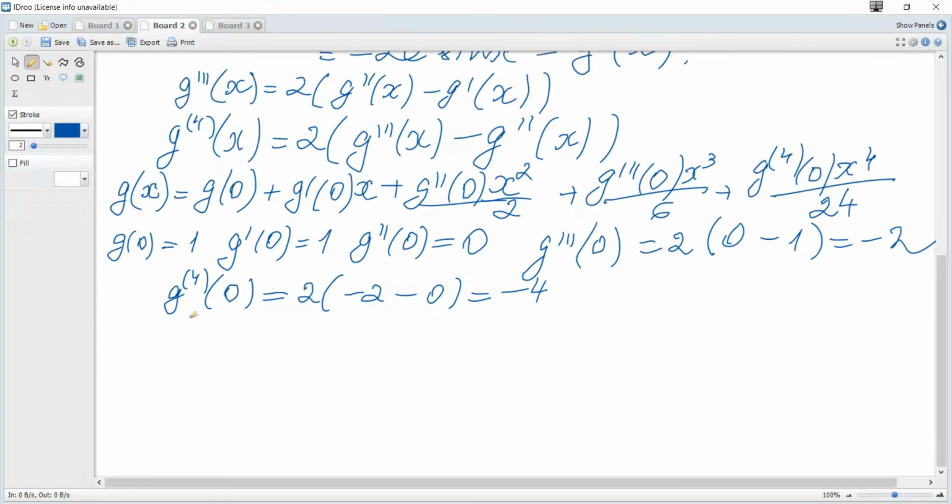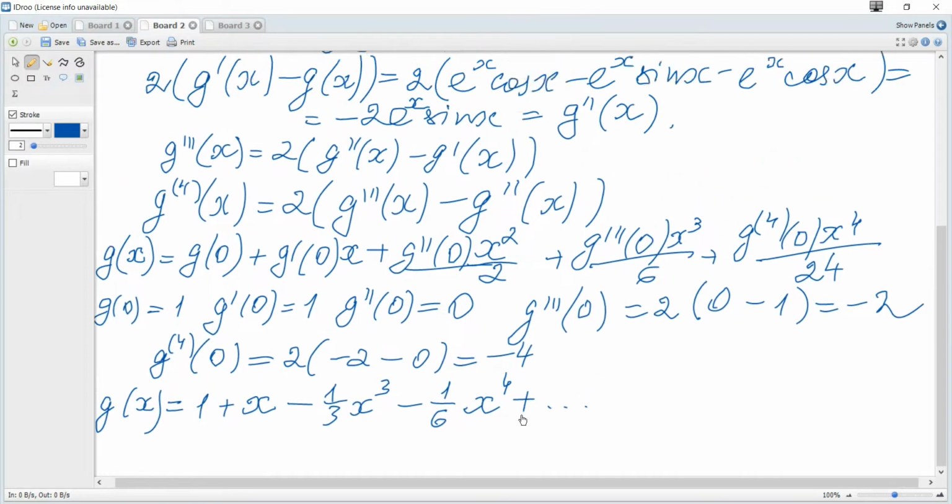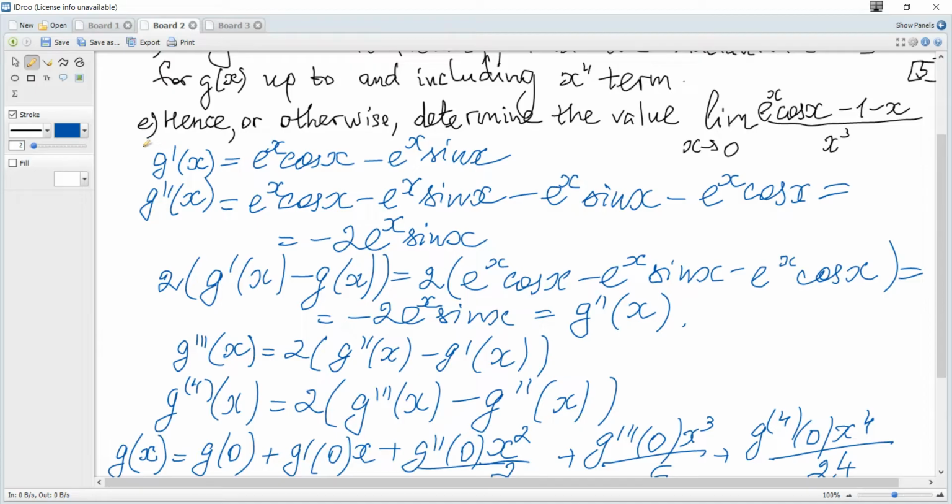And hence g of x becomes g of 0, 1, plus 1x plus 0x squared plus negative 2 over 6, it's just minus 1/3 x cubed, and minus 4 over 24, which is minus 1 over 6 x to the power of 4. And hence